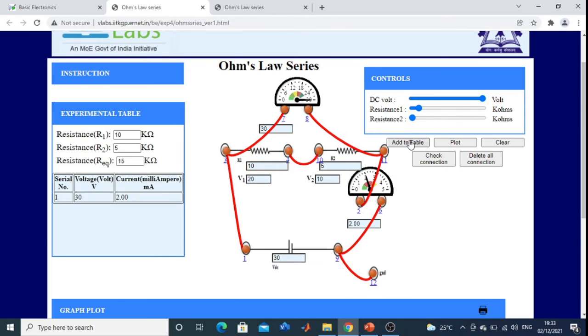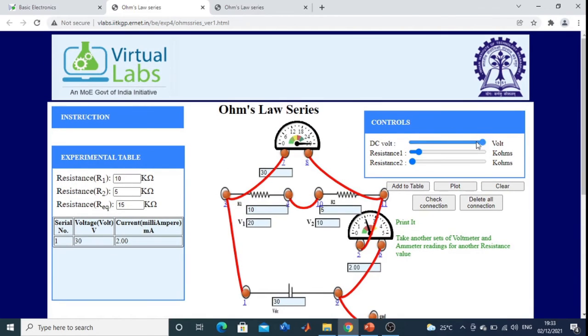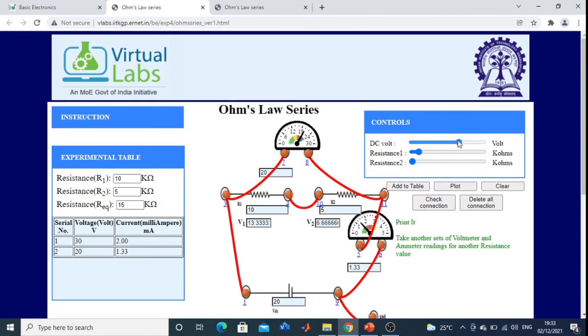Then add to table, got the value. Then plot. Okay. Then change it to suppose 20. Add table, plot. Clear, students? Now you just make it to 10.